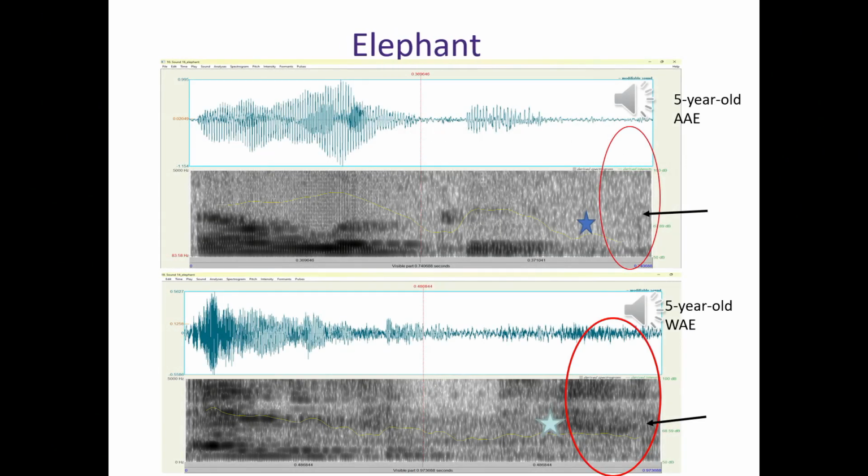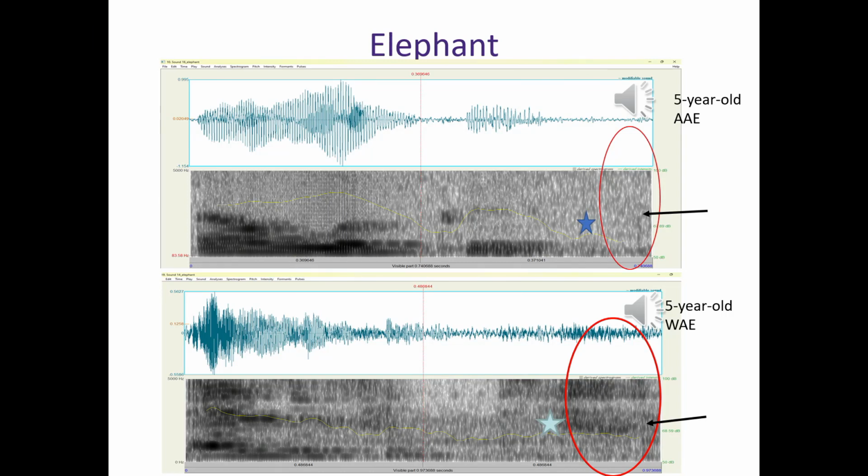I'm going to share with you an example of what African American English use sounds like from the perspective of a 5-year-old child. Elephant. And a white American English speaking child. Elephant. You might notice that you both understood the word elephant in the two examples.